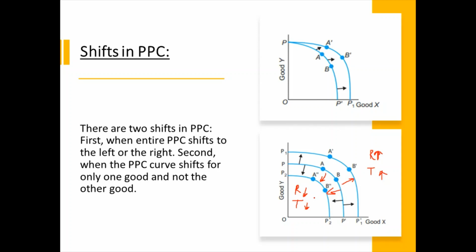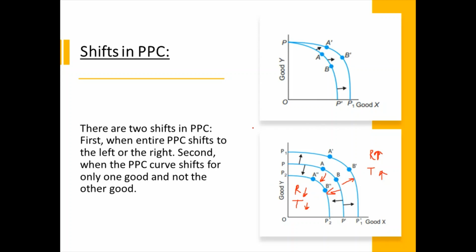This happened because of a change in government policy. So the product was destroyed. That was when the resources fell and the production possibility curve also shifted to the left. It fell down. So that's one very good example of the production possibility curve shifting to the left. And there is also one more reason: the technology used in the production of the good is updated or deteriorates. Now, this is when the entire production possibility curve shifts.